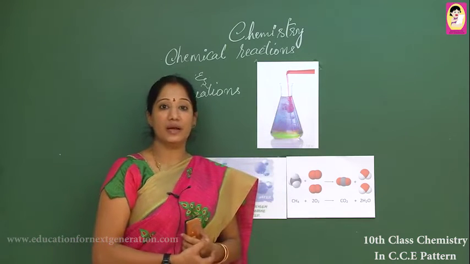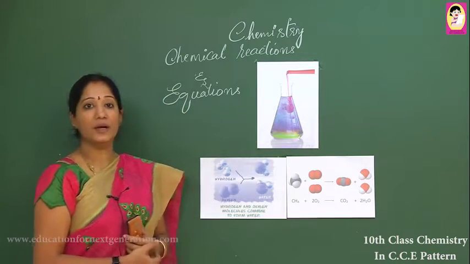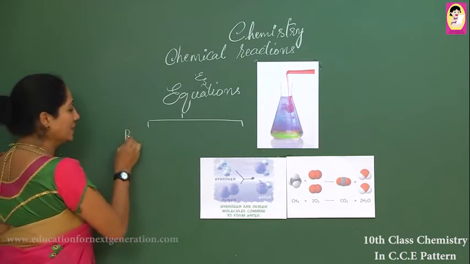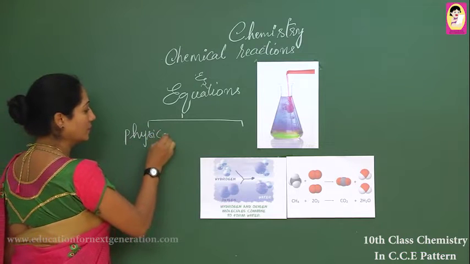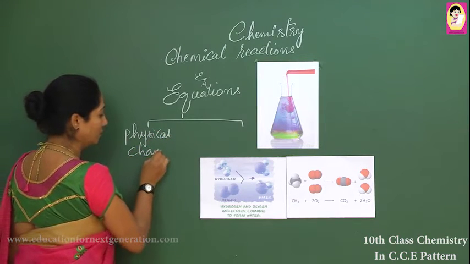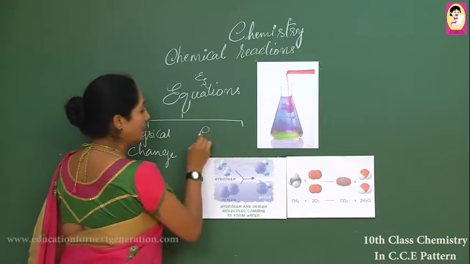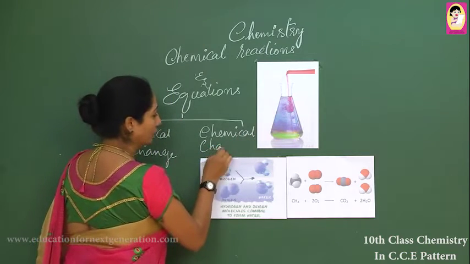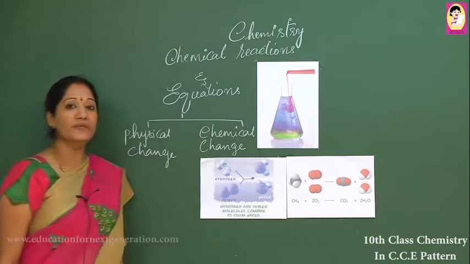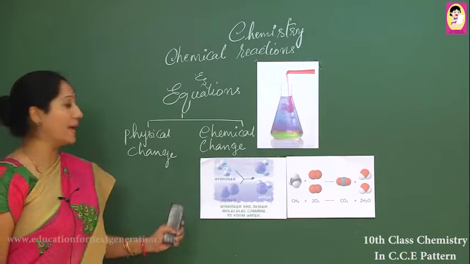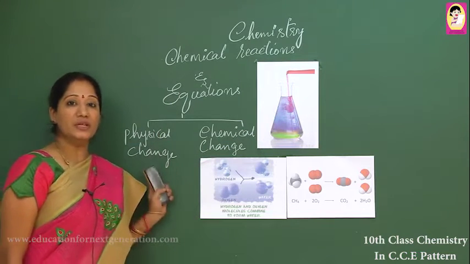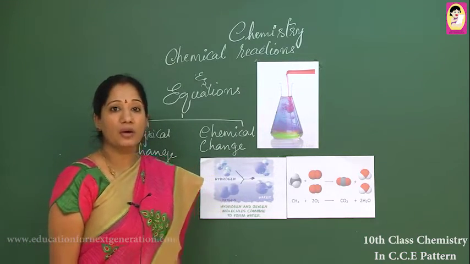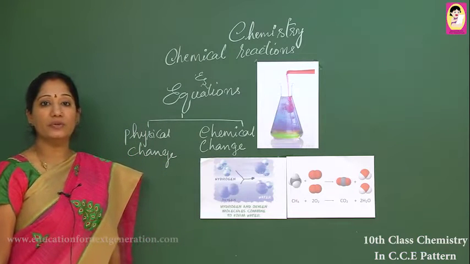The changes which are observed in our day-to-day life are of two types. One is a physical change and the other one is a chemical change. Now, in terms of chemistry, we consider these changes as reactions. The physical changes are like sunrise getting converted to sunset, or the summer season getting converted to winter season